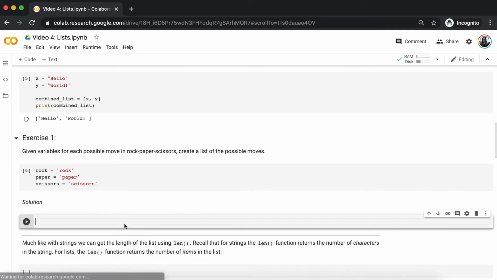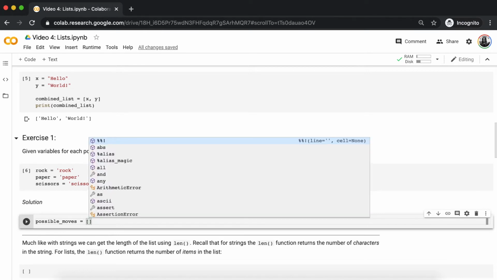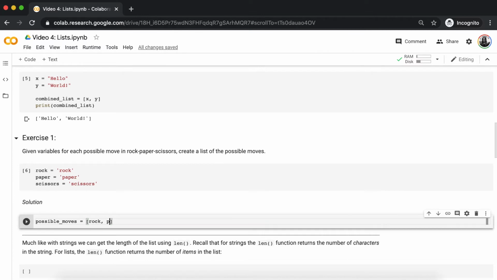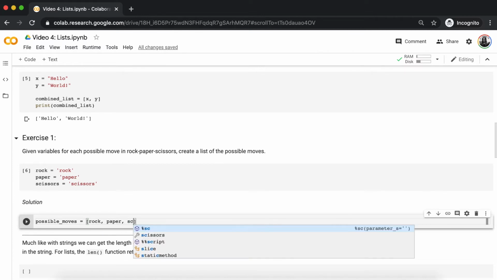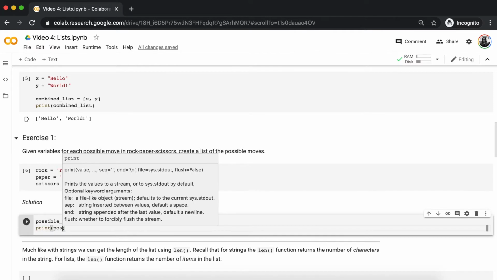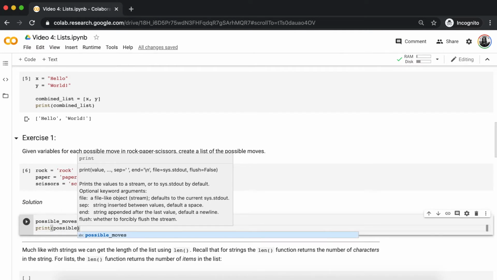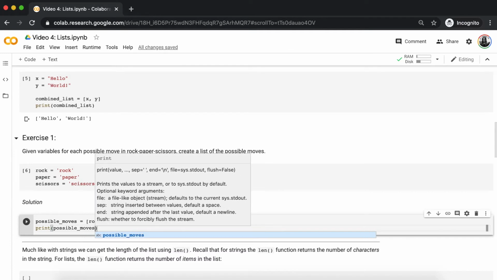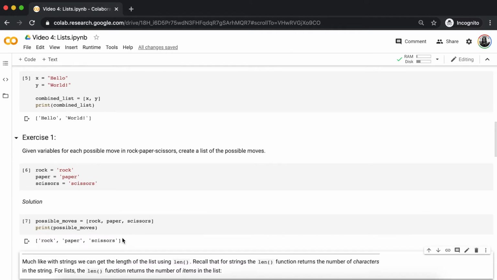So to write a list of all the possible moves, I'm going to create a variable called possible_moves, followed by the assignment operator and our handy dandy square brackets. In these square brackets, I'm going to write the variables rock, comma, paper, comma, scissors. And now I can print our list to the console. So I'm going to print and then possible_moves. And when I press Shift and Enter, we see that the output is a list containing the words rock, paper,